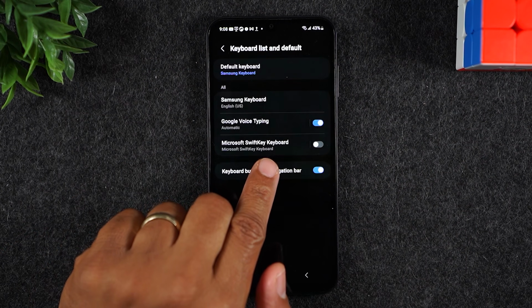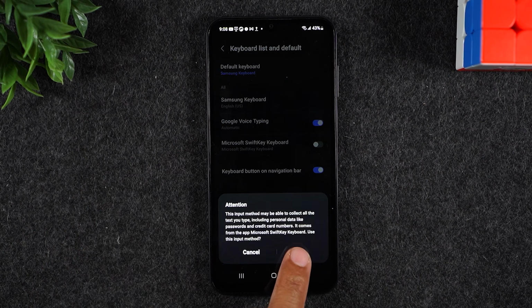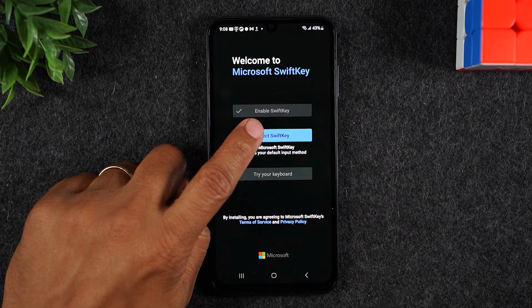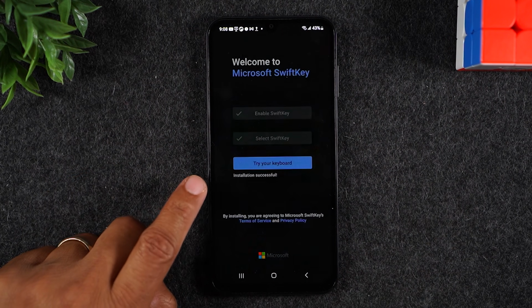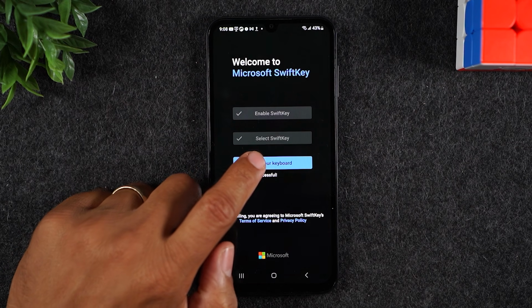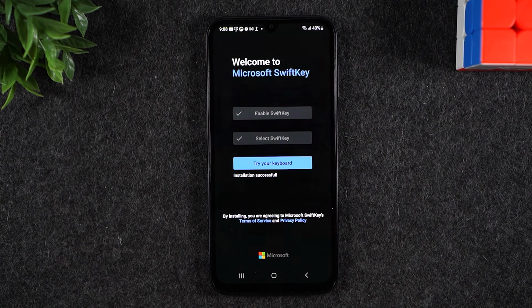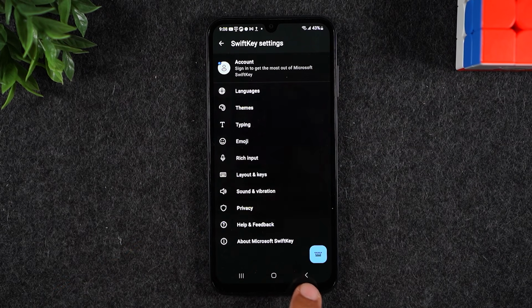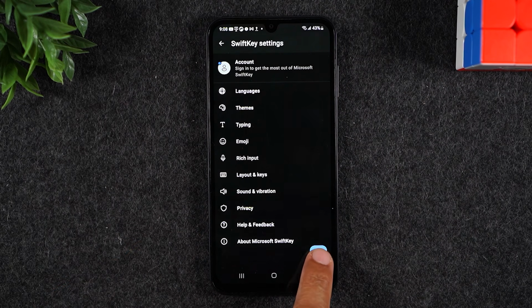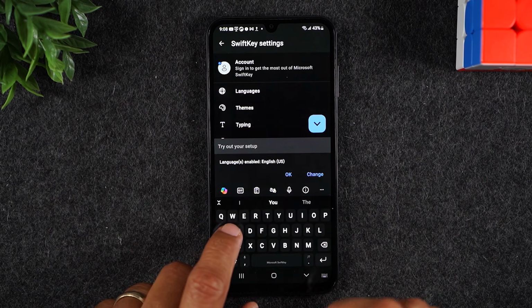Look for Microsoft SwiftKey. You're going to turn it on. Press OK. You're going to select SwiftKey. You'll see this pop up. Tap on the option at the top there, and then tap try your keyboard. Tap allow. If you tap on this little keyboard icon in the bottom right corner, this will allow us to see the keyboard,